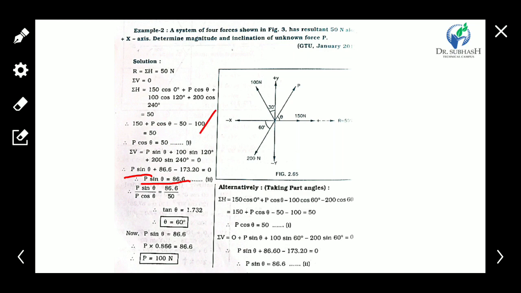From equations 1 and 2, arranged as shown in the slide, we can get the value of tan theta equal to 1.732, and we get the value of theta of the P force,